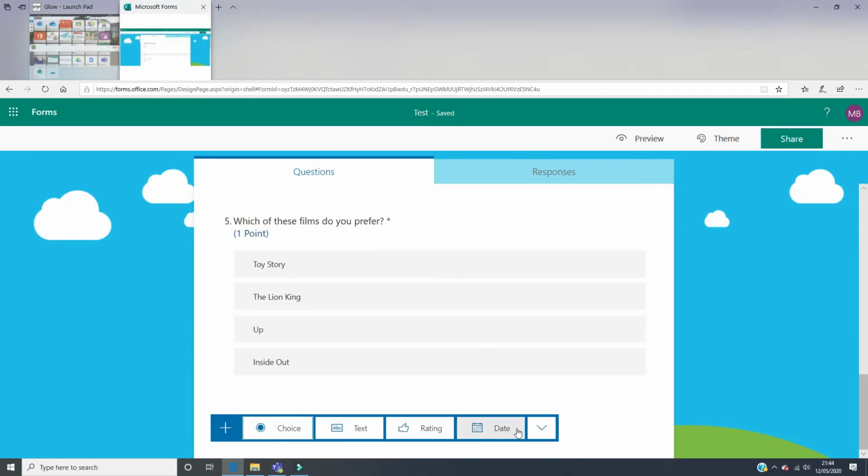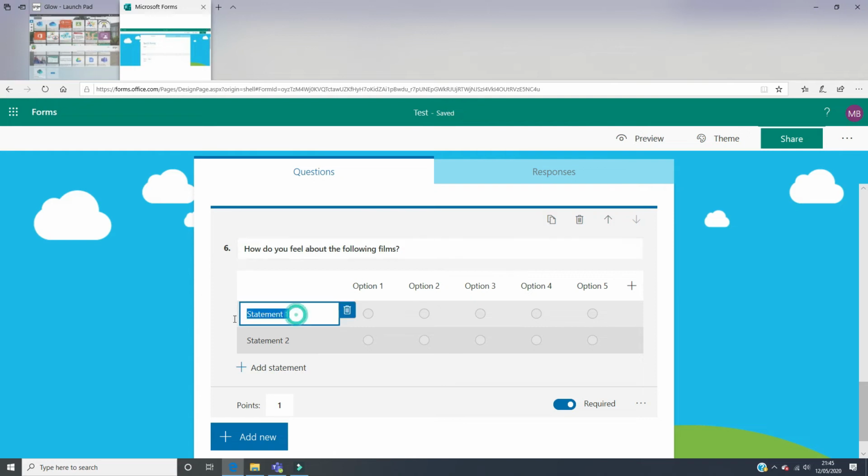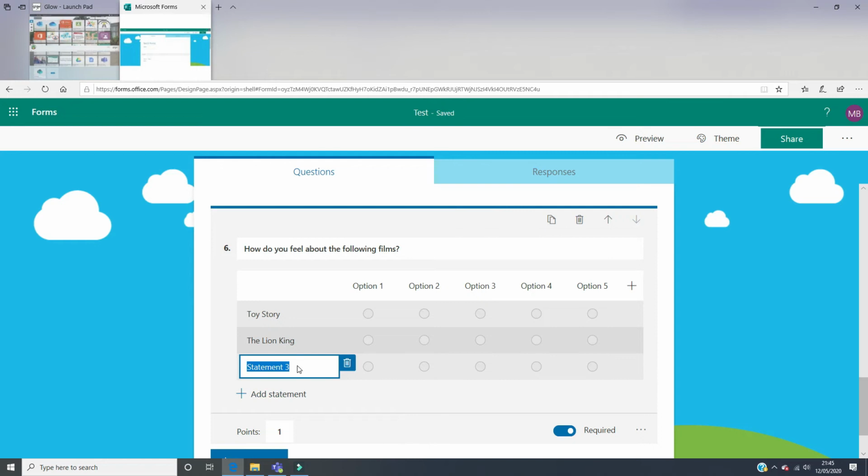So for question 6, we're going to try a Likert scale. And as I said, it's used to gauge attitudes and opinions on a topic. So it might be the case, how do you feel about the following films? I'm going to put Toy Story here. Put The Lion King here. Add another one, The Jungle Book. And then we've got various different options along the top. So you could have love it,